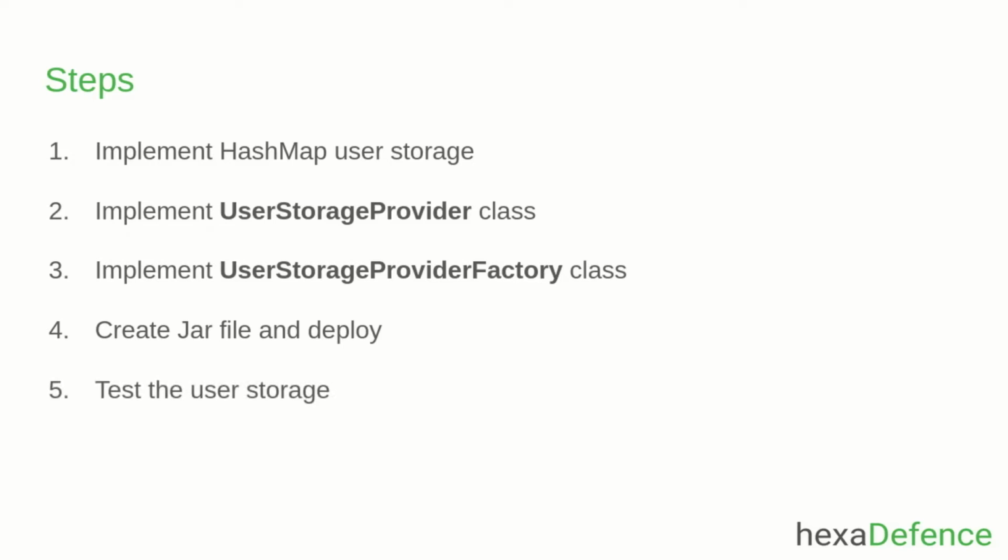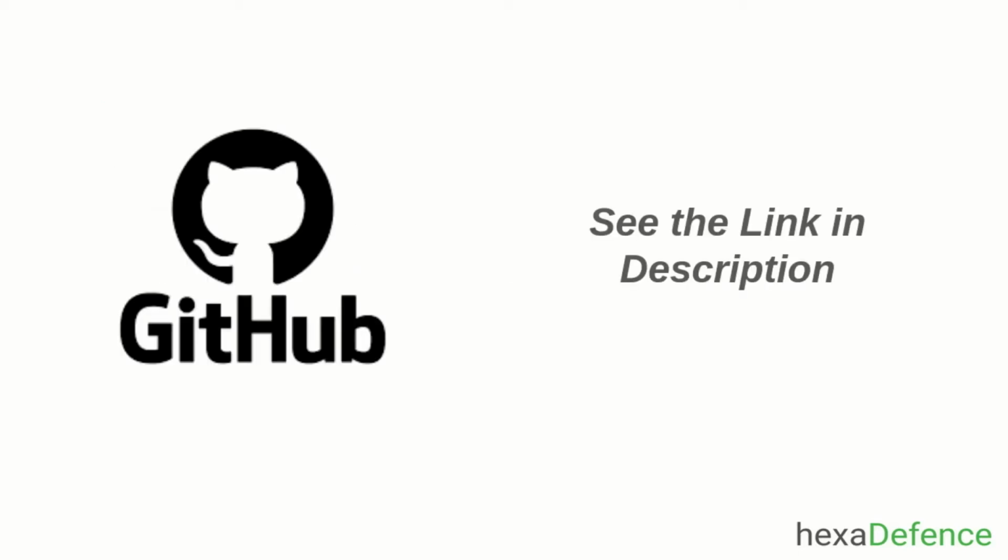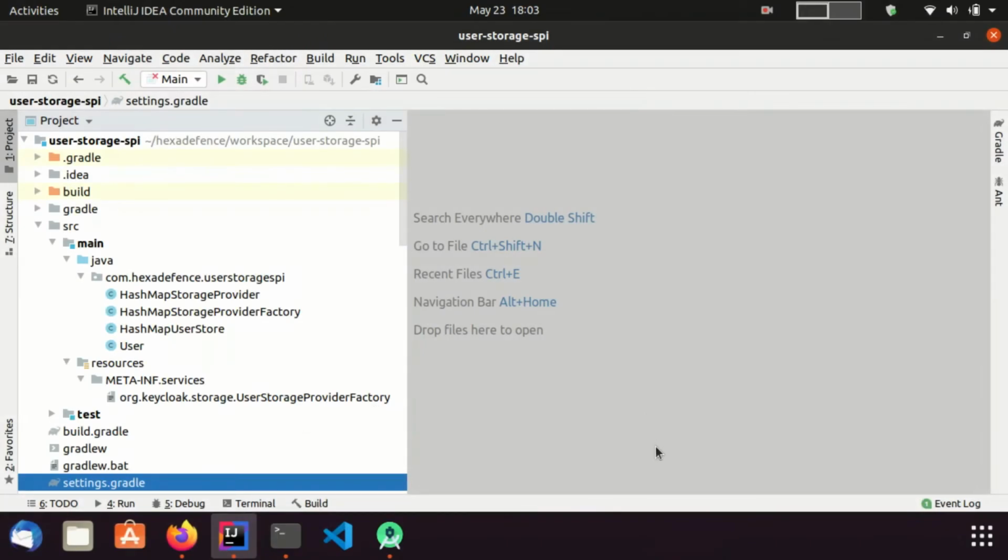I have already developed the code and let me take you through that. You can get and inspect the complete working example from GitHub. Here I will briefly explain the code. This is obviously a Java application because Keycloak is also written using Java. Therefore, service provider implementation also should be compatible with the same programming language. I am using Java version 8 and Gradle is used to build this project.